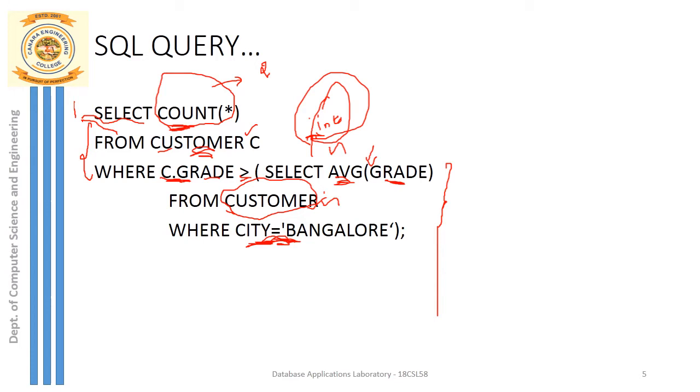So once you execute this inner part of the query, what is retrieved there? Average value of grade is retrieved, and that average value will be an integer value definitely. If grade value you have defined as an integer value, then the average value of grades also you will get the answer in terms of integer, right? And now this inner part of the query returns some answer, returns some integer value, and now you compare that integer value with the outer part of the query.